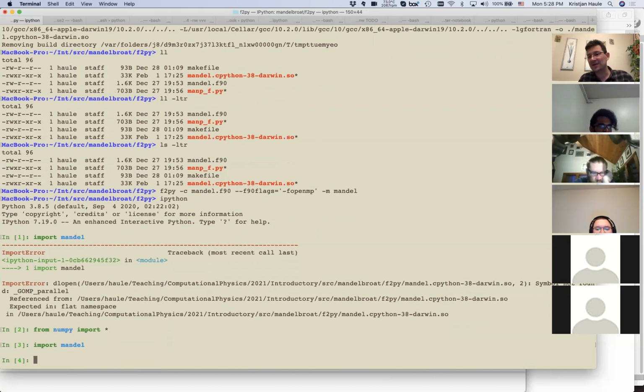I will need NumPy anyway, because I need NumPy arrays. So this is probably not a bug. It's actually a feature. If I don't import NumPy first, I don't have access to arrays, and if I don't have access to arrays, then F2Py doesn't know how to properly work with such code. So now I have my mandel, and then I can write help mandel,